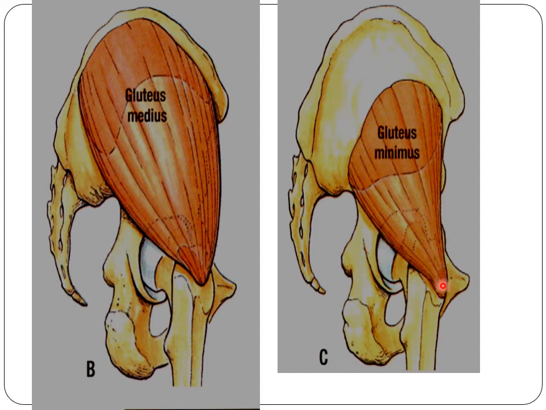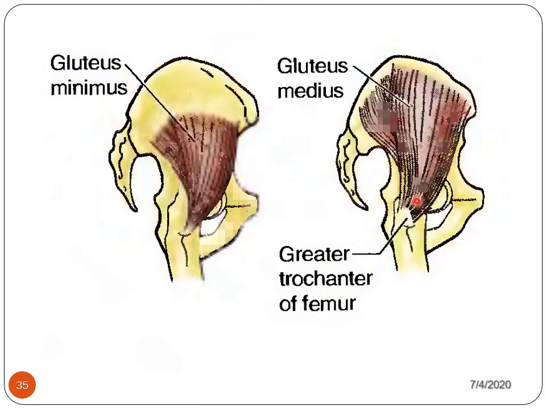So here there is the insertion of this gluteus minimus. Where is the insertion of gluteus minimus? Tendon reaches the lateral part of the anterior surface of the greater trochanter. And the medial part of this bone is separated from the tendon by a bursa. So this is the insertion of the gluteus minimus. Here there is the gluteus medius and the greater trochanter of the femur, where it inserts.